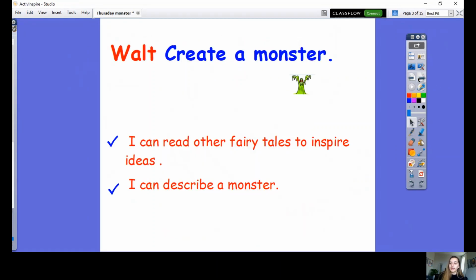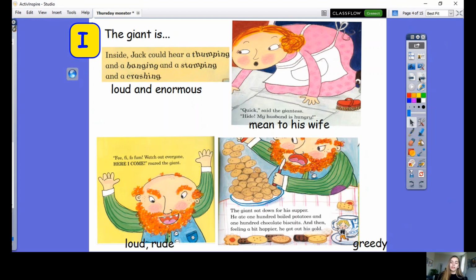In our resolution, we are introduced to our very scary giant. So we're going to be creating the giant and writing a lot of descriptive words about him. Here I have some pictures of a version of Jack and the Beanstalk where we can see a lot more description about the giant and what he is like. I'm going to read some of the words and then we can talk about what that means. What is the giant really like?